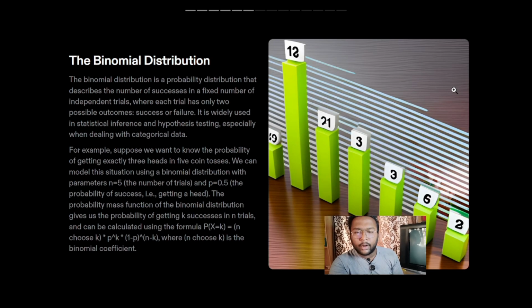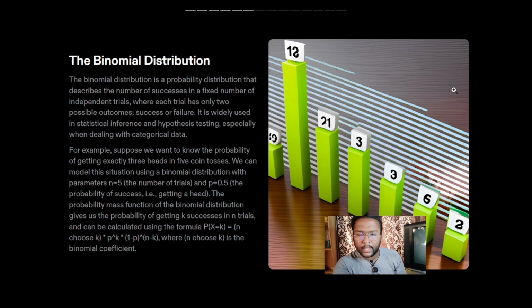So coming on to binomial distribution. Binomial distribution is a probability distribution that describes the number of successes in a fixed number of independent trials, where each trial has only two possible outcomes, success or failure. It is widely used in statistical inference and hypothesis testing, especially when dealing with categorical data. For example, suppose we want to know the probability of getting exactly 3 heads in